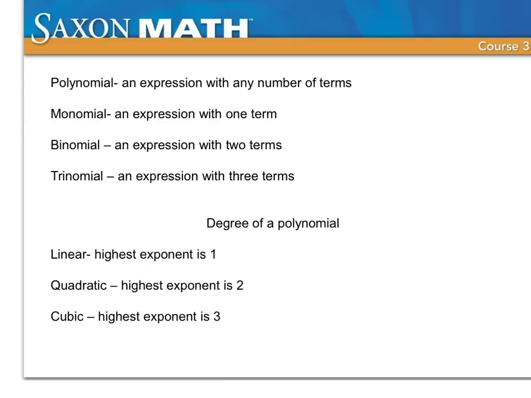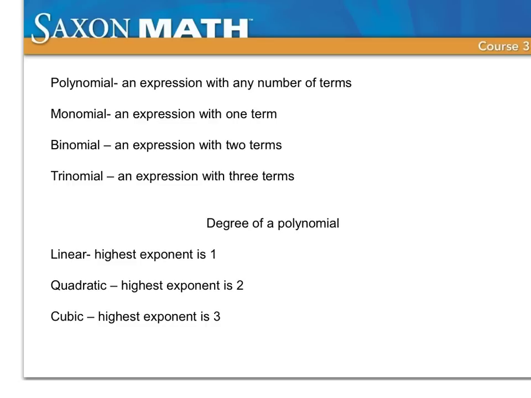Okay, switching gears a little bit here, we need to talk about something called polynomials. A polynomial is an expression with any number of terms, and we'll come back to that. Polynomials are broken down as well. There's a specific type of polynomial called a monomial, and mono means one, so a monomial is an expression with one